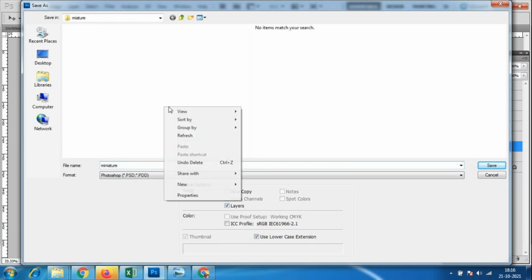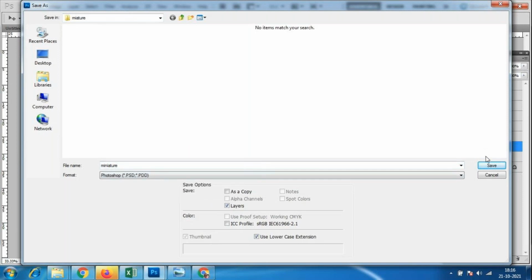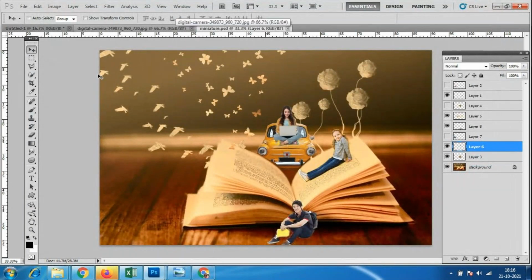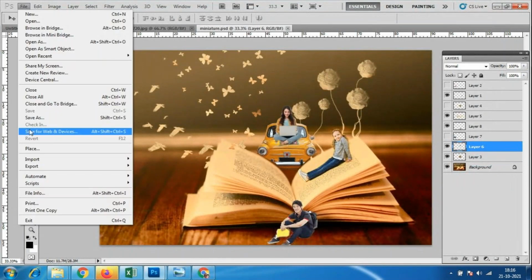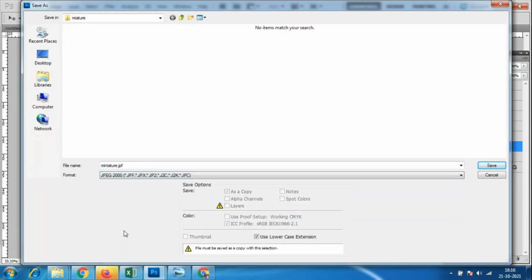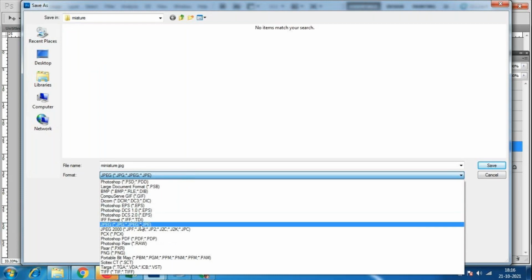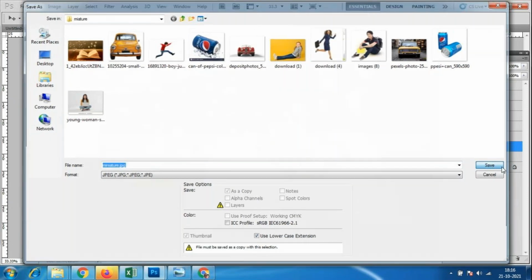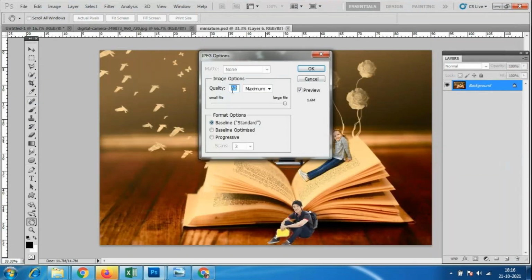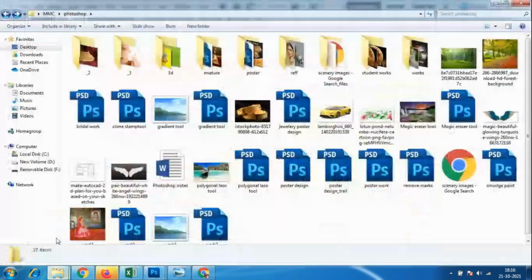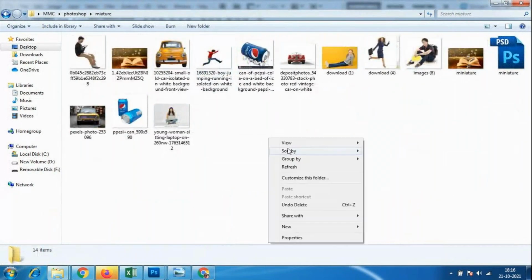Like that, we also have to save this file in JPG format. File, Save As in JPG format, as miniature.jpg. So I'll save this file. The quality is 12. Let me check how it will look, which is there in the miniature folder.